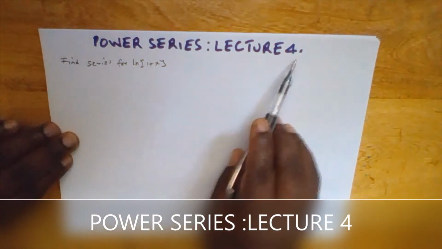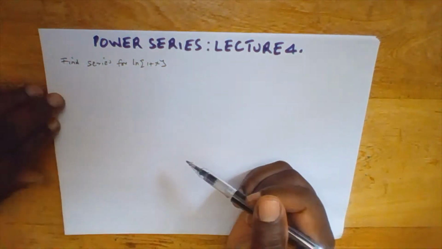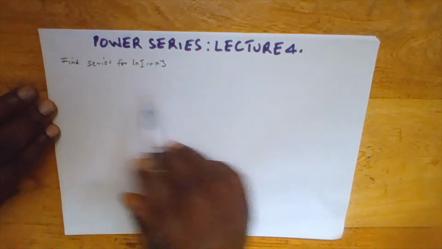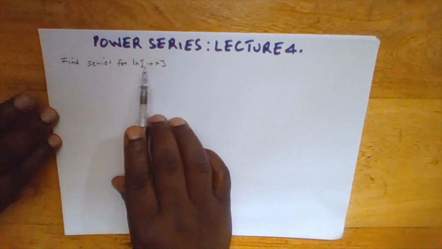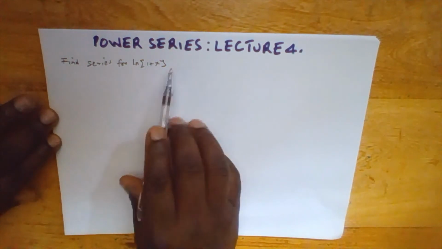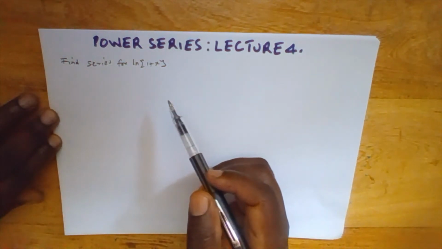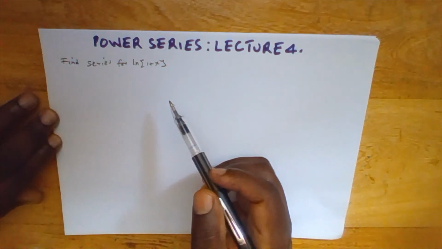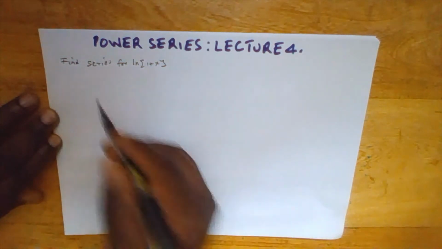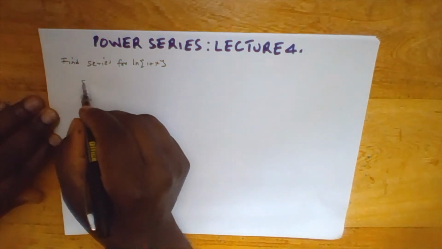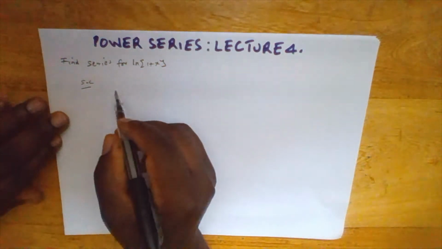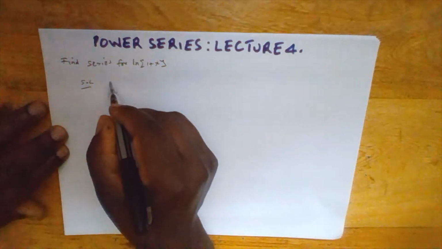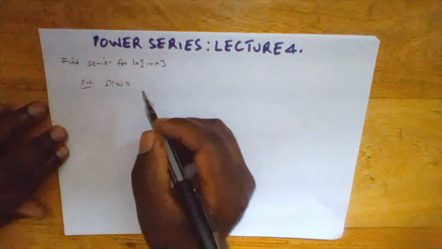Series lecture 4. They want us to find the series for ln of 1 plus x. Now, we shall first of all write the solution. The Maclaurin series of f of x is given by